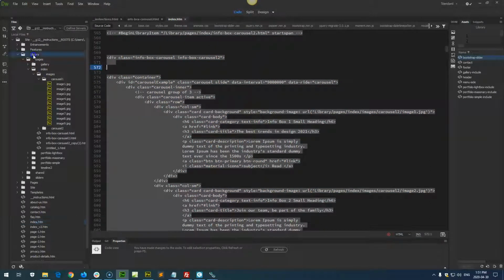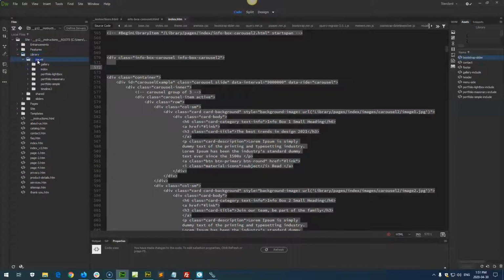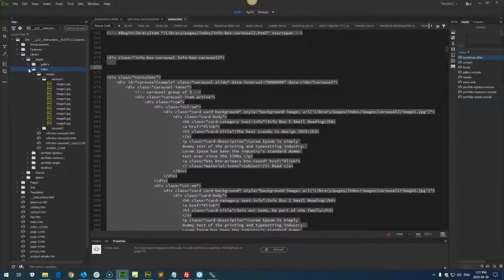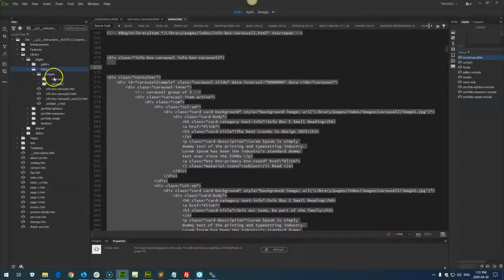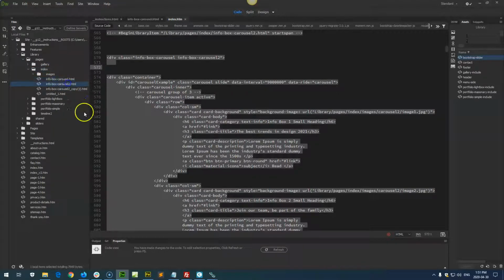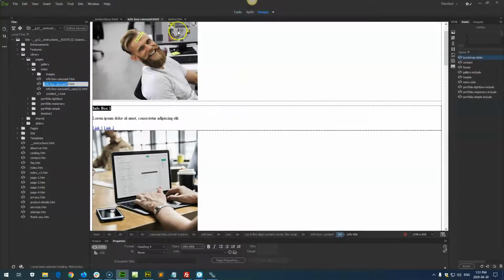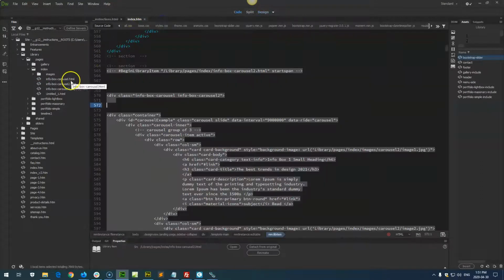And that asset is in the library, pages, index. And then we have in here carousel and carousel 2. Now, carousel 2 is the one that we're using. That's the one that has the image in the background. Let's just open this up and examine it. Let's get rid of this one here, and